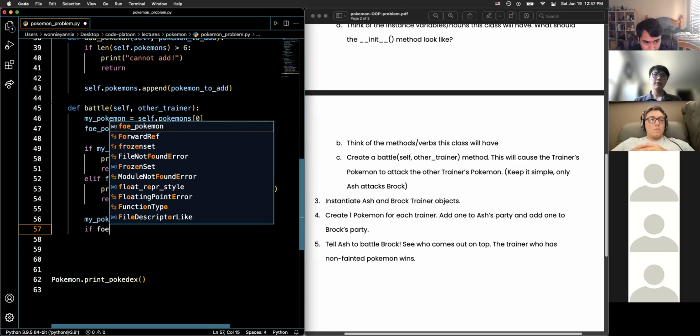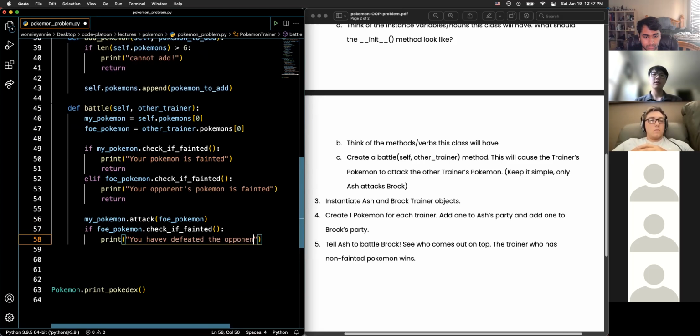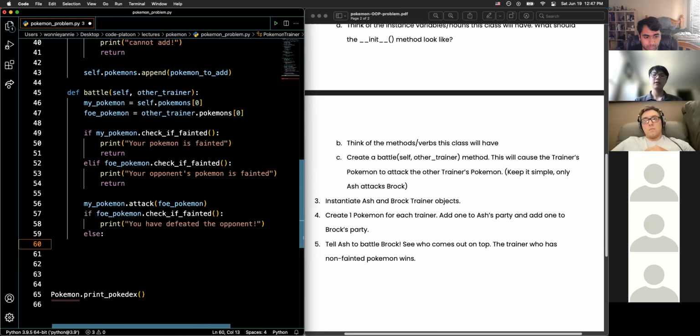So if the foe Pokemon fainted, you're gonna print you have defeated the opponent. Otherwise, if it's not fainted, you're gonna print